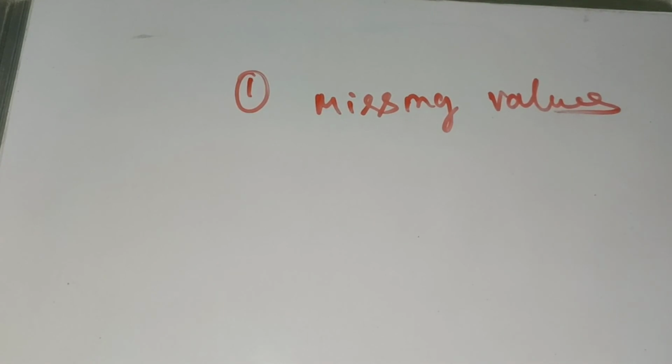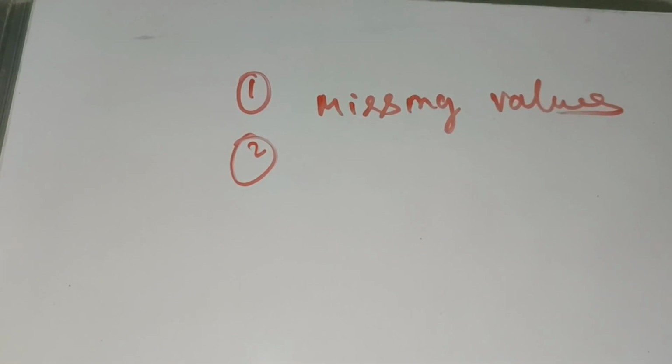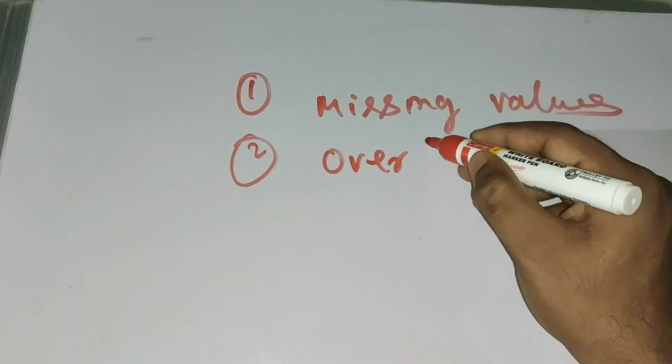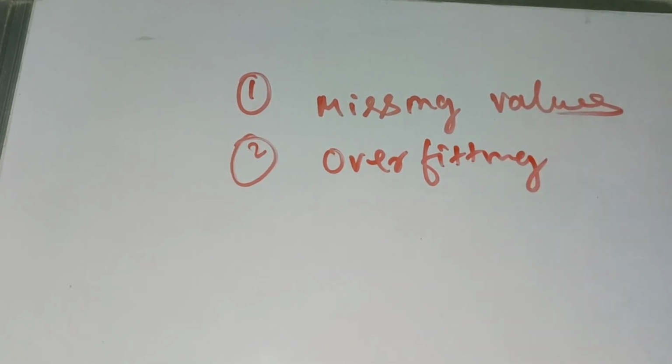Support for missing values: if missing values are there, it normally doesn't work. Second thing, this decision tree can basically lead to overfitting. Overfitting means it will fit properly on the training model, but while testing it does not fit properly. That is known as the overfitting issue. To reduce this overfitting issue, the algorithm random forest came, in which this issue was resolved.